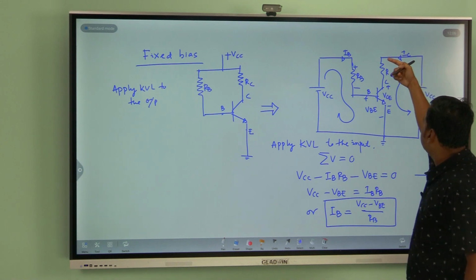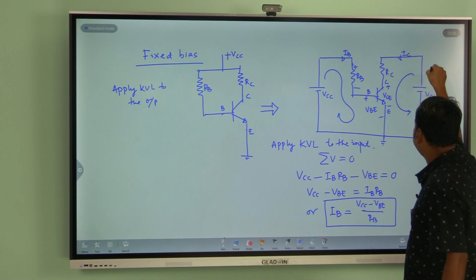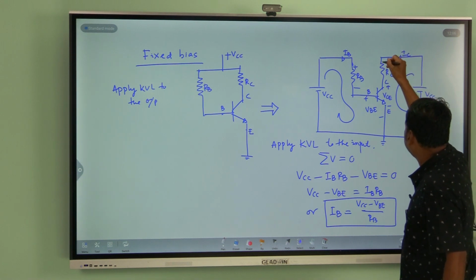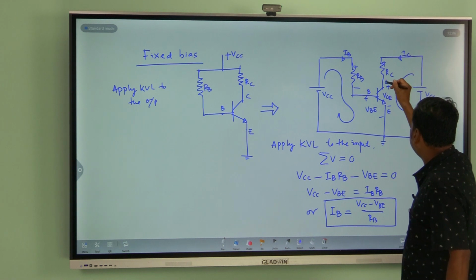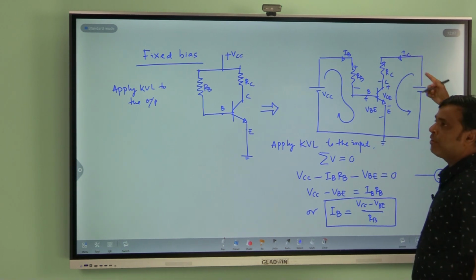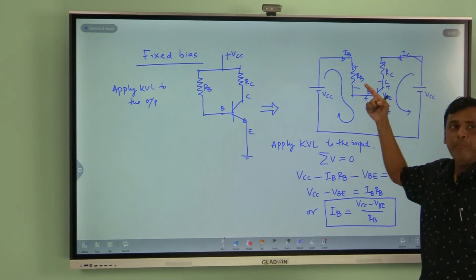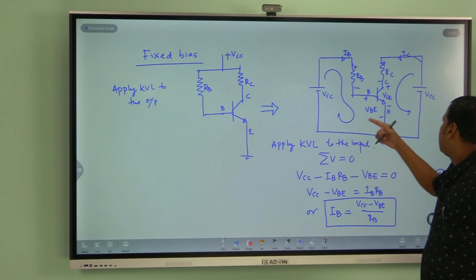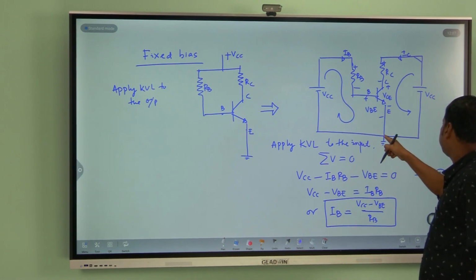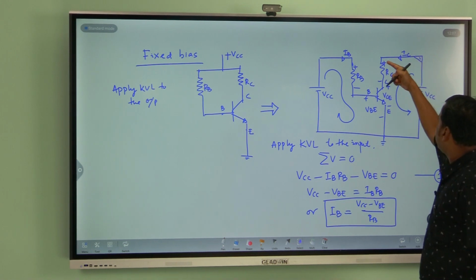Then there is a resistance, and current flows in the anticlockwise direction, entering this resistor at the plus end and leaving at the minus end. The algebraic sum of the potentials in a closed loop is 0. So, minus to plus, plus VCC, again plus to minus, minus,